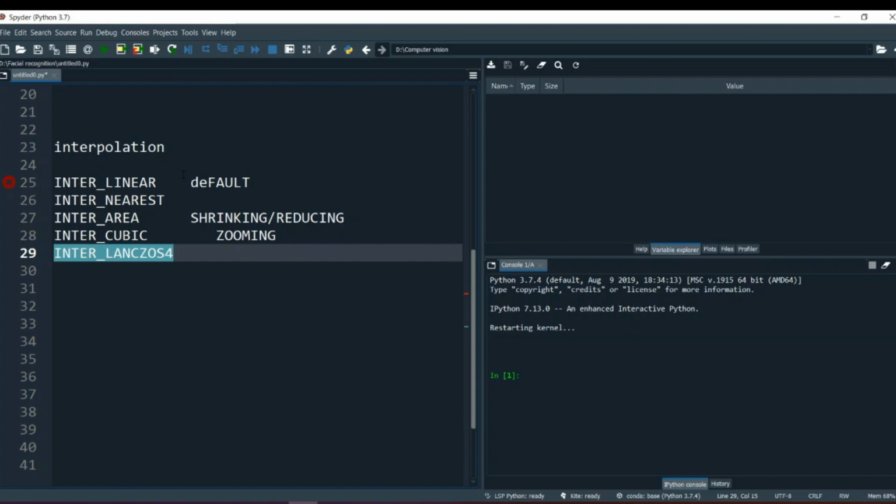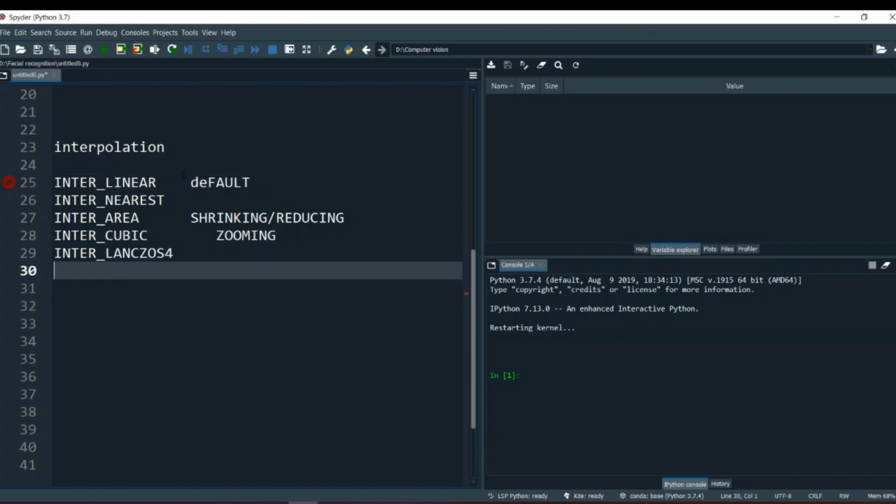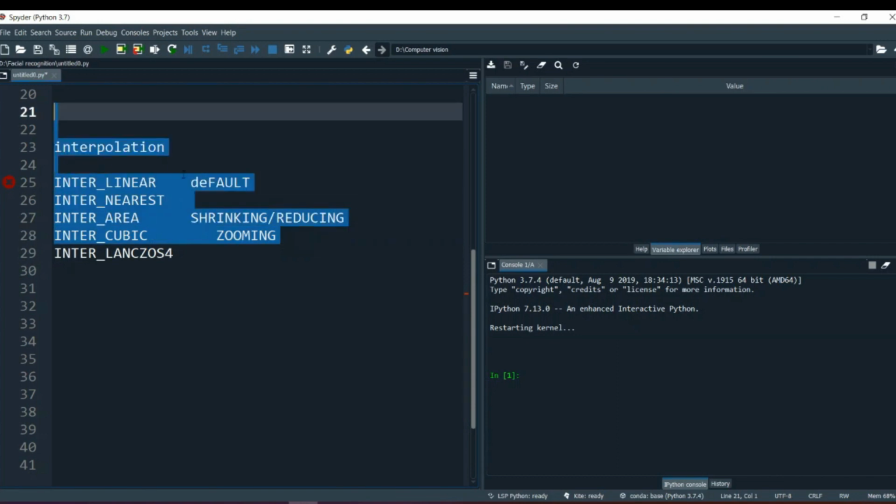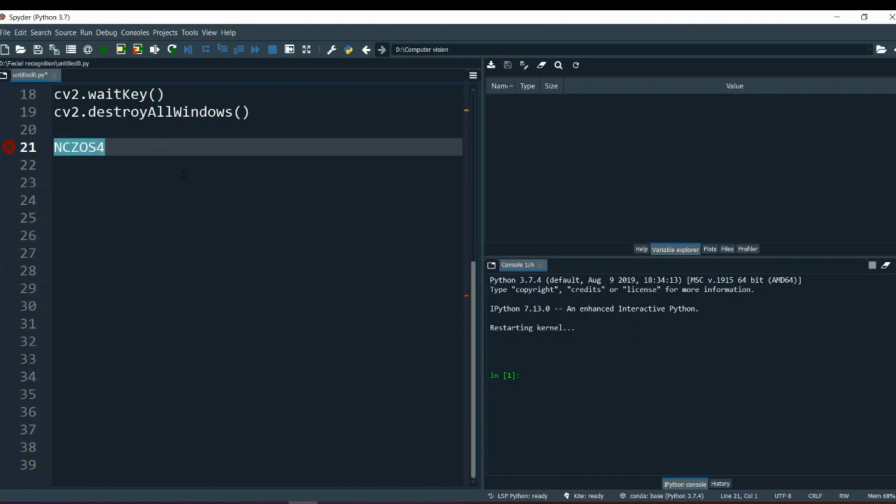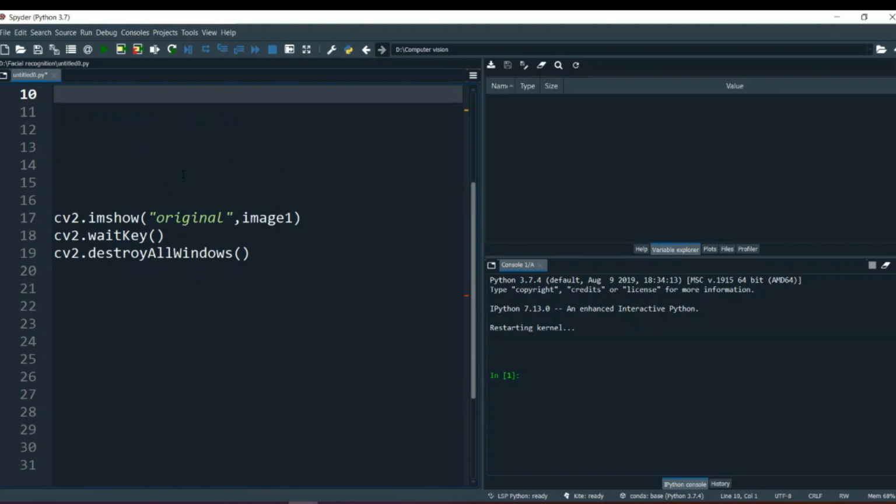So you might not be able to see it properly, but I will try to make sure that you can understand it a lot more. Then this interpolation is one of the methods, and there's another method called the pyramid method that I will discuss after this interpolation method. Okay, so let's remove all of this stuff